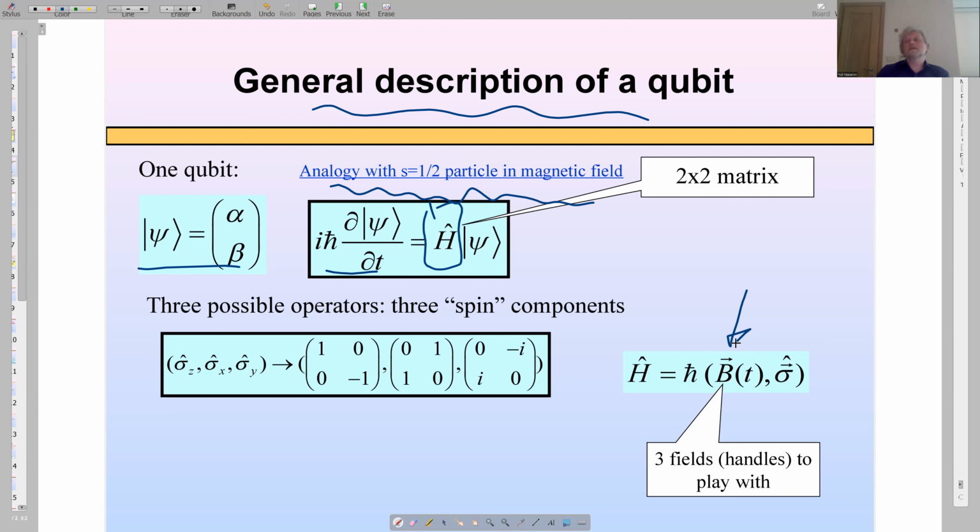Right, so let us recall the simple mathematical fact that each 2-by-2 matrix is a linear superposition of 4 possible matrices. The matrix which is proportional to unit is usually not really required because it just changes the total phase of the wave function. So that's why we are left with 3 components characterizing this Hamiltonian,